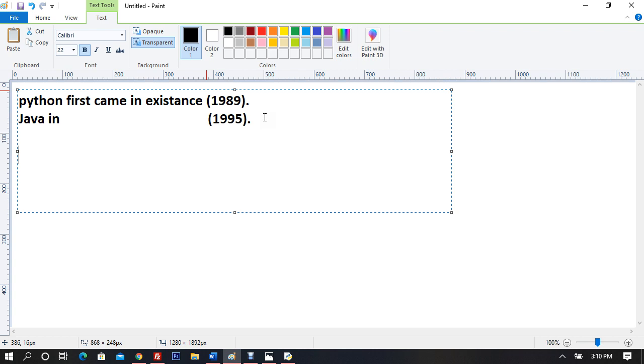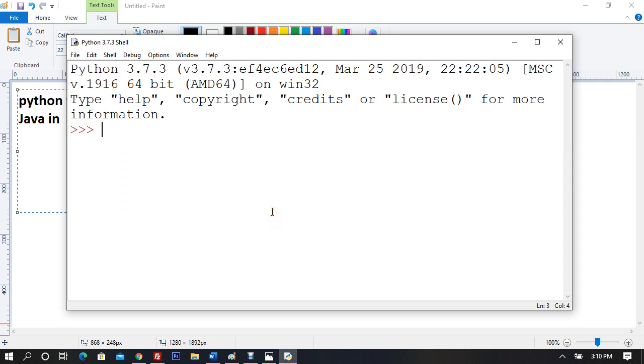So without wasting much of your time, let's get started with the practical. While doing practicals, we'll be doing theory as well. You will be mesmerized, surprised, and you will cherish everything you write using Python IDLE, because it's going to be so easy for you. Okay, let me type something. Hey Python interpreter, how much is 2 plus 2? You'll say it is 4. How much is 9 plus 4? How much is 9 minus 4? It is 5.